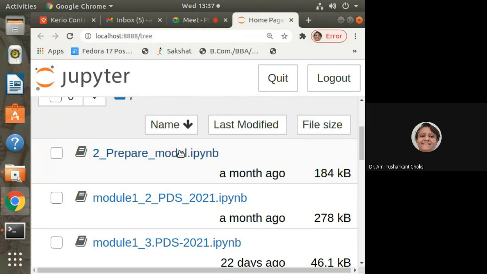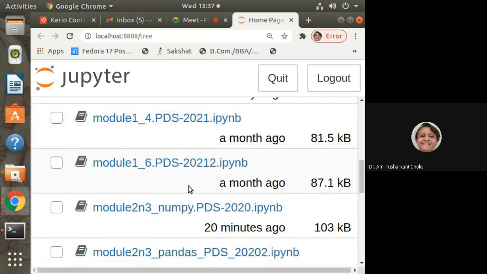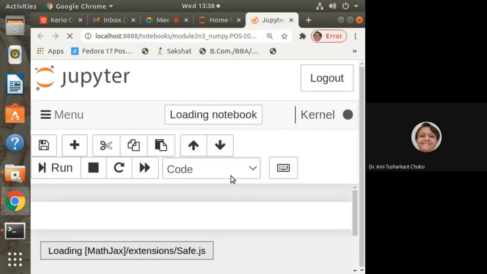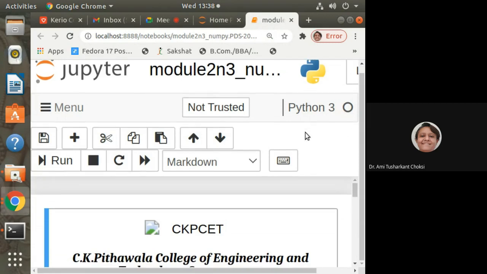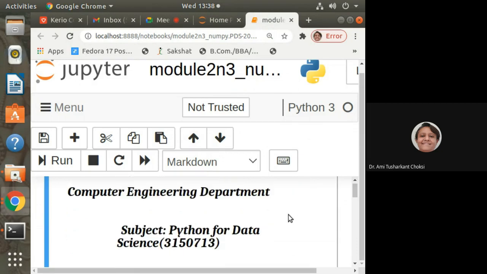This is our Jupyter Notebook. Now, which file we want to open here? That is our IPYNB file. As we were opening in the Colab, here also we'll open that. We have started with the NumPy. So that's what I'm opening here. Kernel, it was showing black. That means it is loading, right? And now we can see that the file is being opened here.